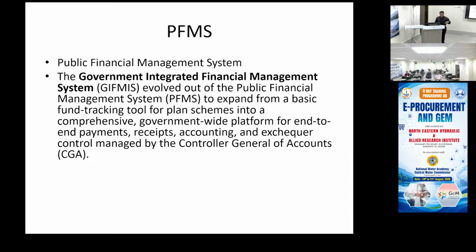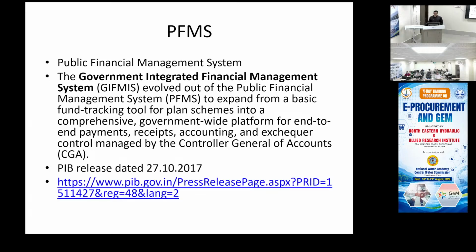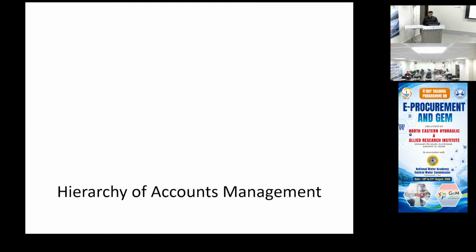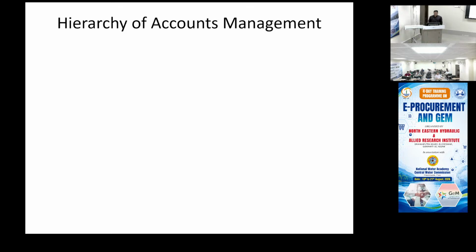Now with the central government transferring a lot of funds to states, you can actually track, with the Government Integrated Financial Management System, the movement from the treasury to the departmental single nodal agency, and from the single nodal agency to various implementation agencies. So whatever funds the government is providing to other states, all those funds can be tracked up to the implementing level. So that is now GIFMS. I've just included one PIB release of 2017 where it was initially proposed, and now we have got it just last year.